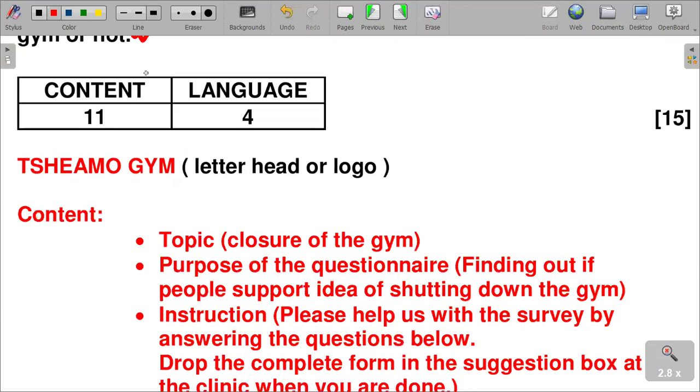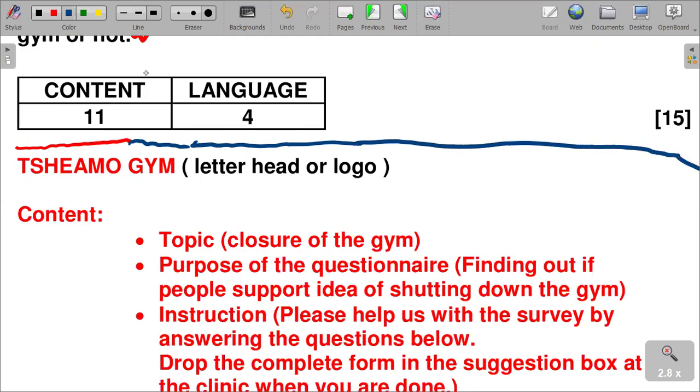So here I'm saying, don't forget that we always have our borderline there. We always have our borderline that must always be given, or that must always be drawn there. I mean, it must be there. You draw with your ruler anyway. You are not drawing by freehand. You draw your borderline,